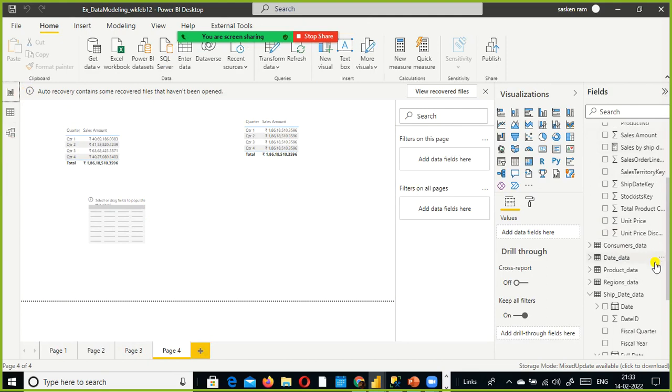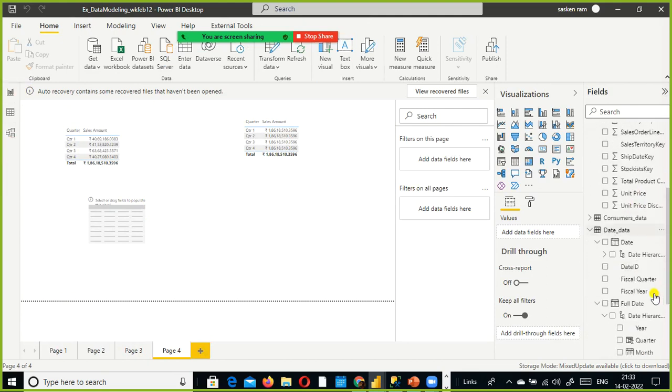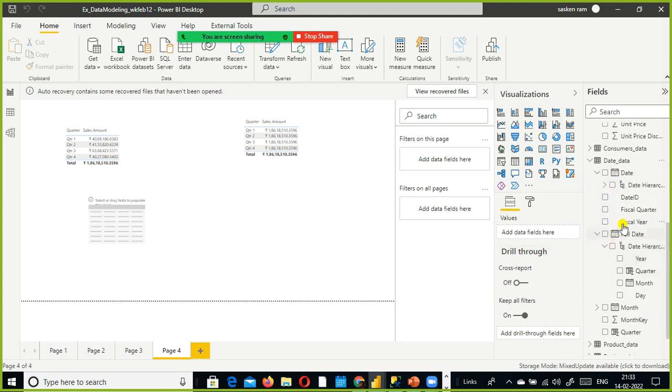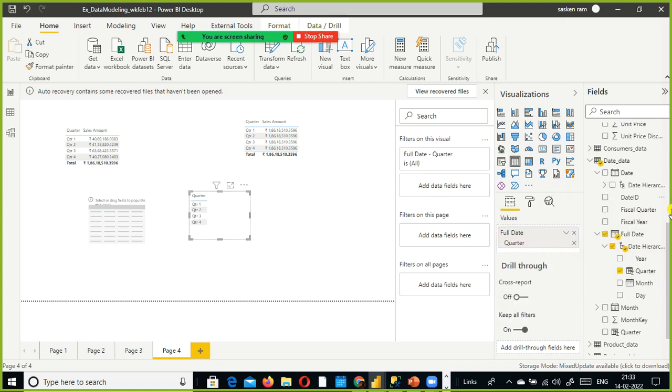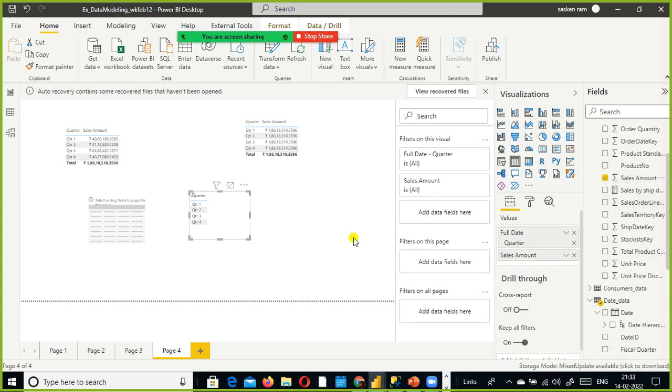Next what I do is, instead of using ship date data, I use the same table, and I just go and select the quarter. Okay, it uses some other table. So now I'm going to use the sales amount. This is sales by ship date,